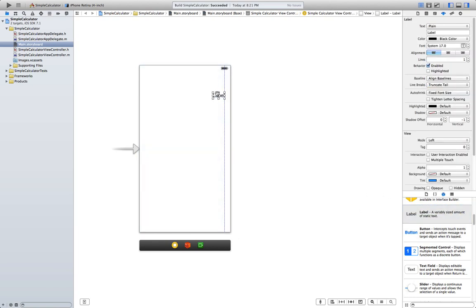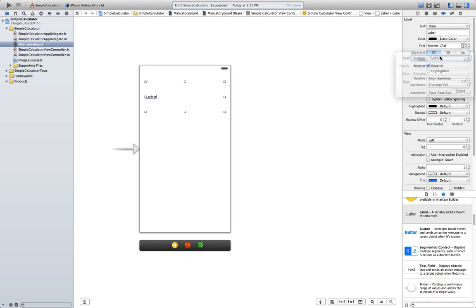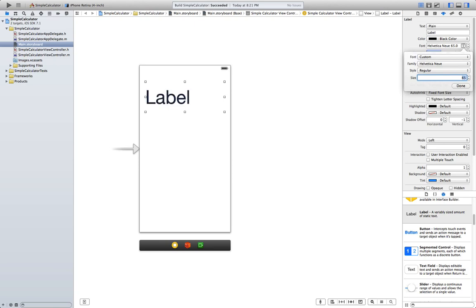So just go ahead and drag one. I worked ahead and designed the user interface on my own, so I'm not going to spend time showing you how to make that. However, I'll teach you how to do the first steps. So this label is going to be located at 160, 159. Its size is going to be 280 times 104. And we want to use a custom font because it's prettier. Something like a 65 size.